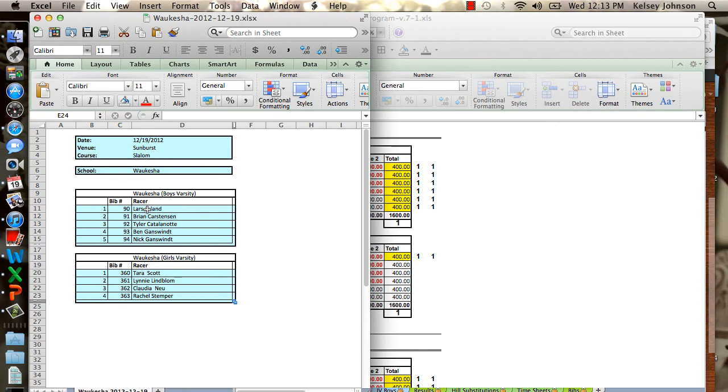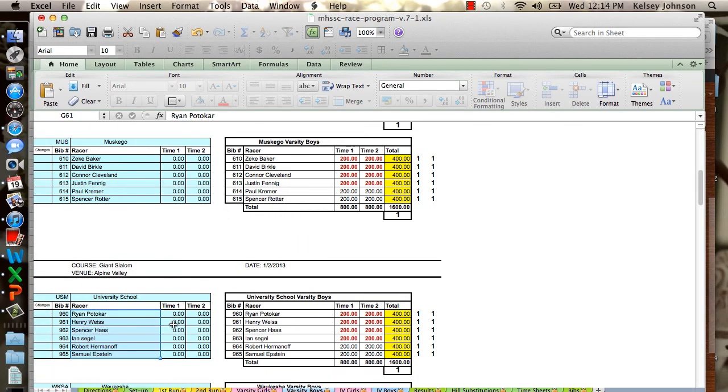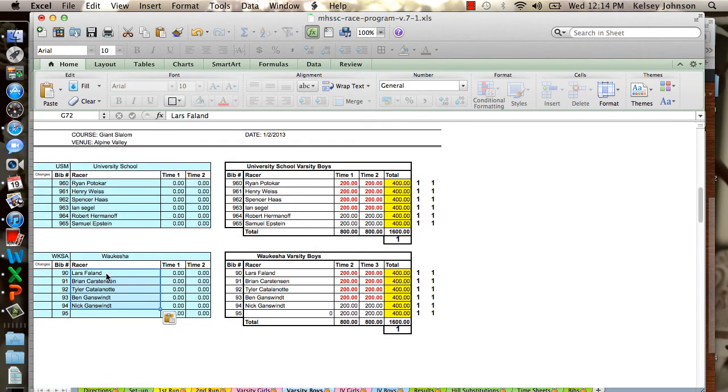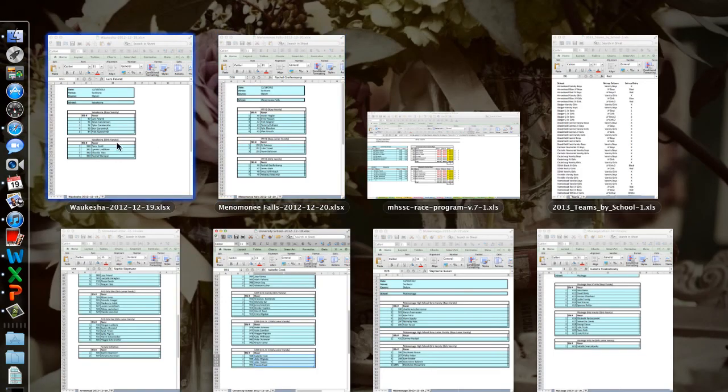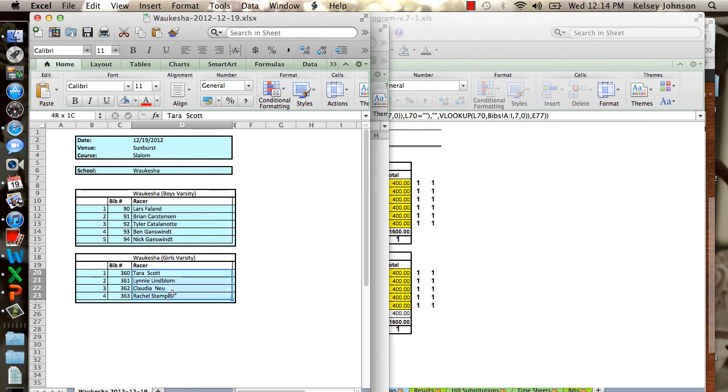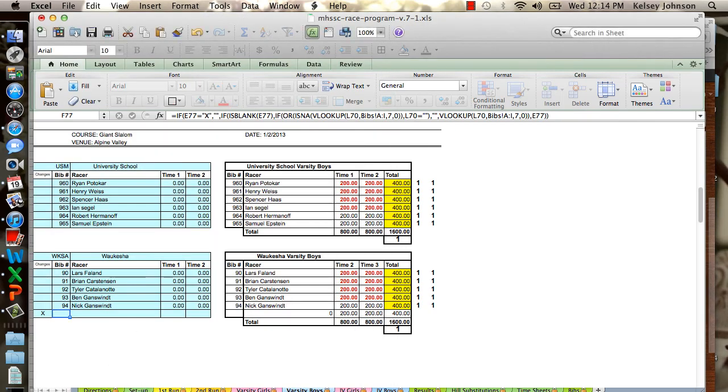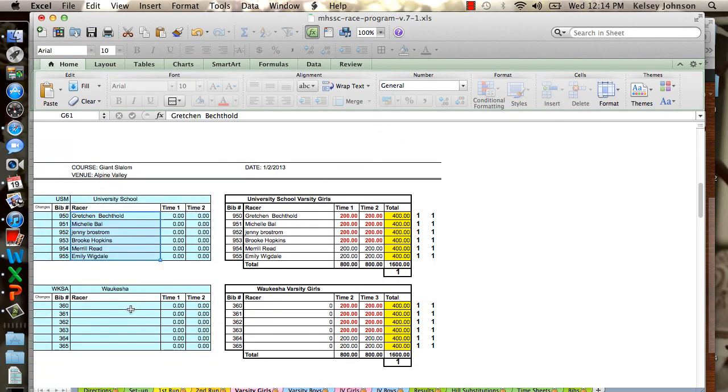My last team here, Waukesha. Again, you copy, check the bibs, 90 to 94. This is varsity boys for Waukesha. 90 to 94, get rid of 95. Oops. Waukesha. And then they just have a varsity girls team as well. 4 racers, 360 to 363. So we paste those into there, get rid of the extra 2 racers, and at that point we are done